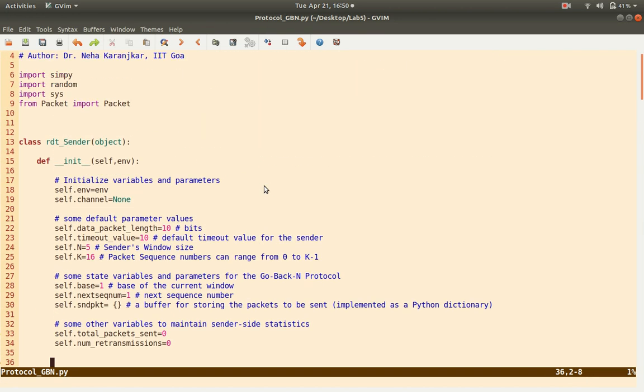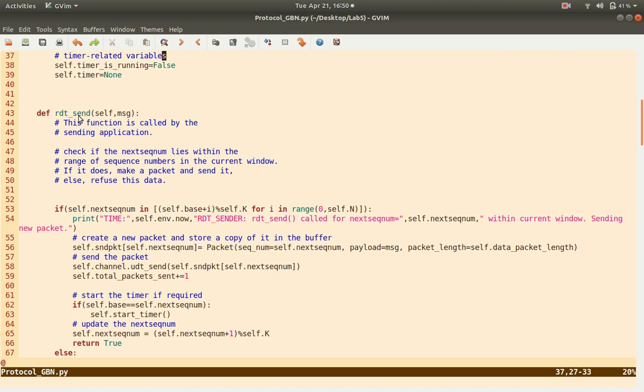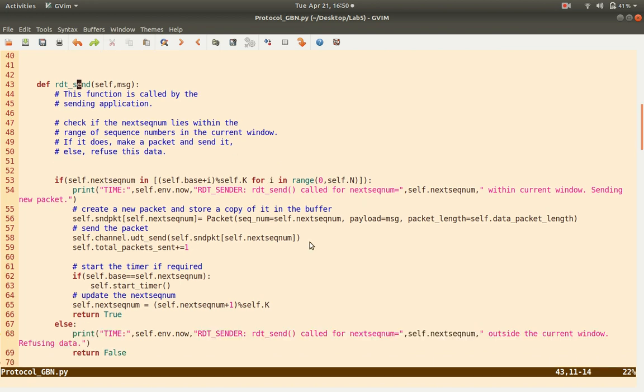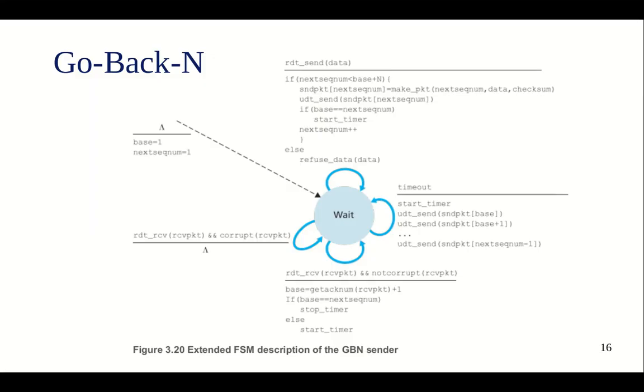So let's go over one of these. RDT send: what happens when RDT send is called? Let's compare this with the state machine, because I mentioned this code follows the state machine very closely. When RDT send is called, check if the window is full or not.